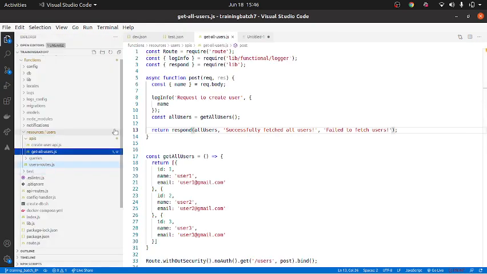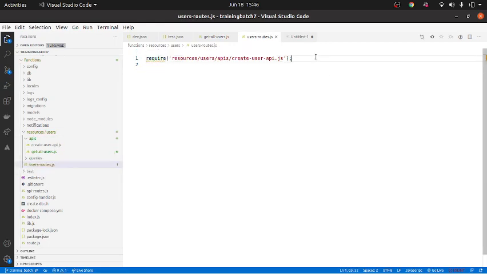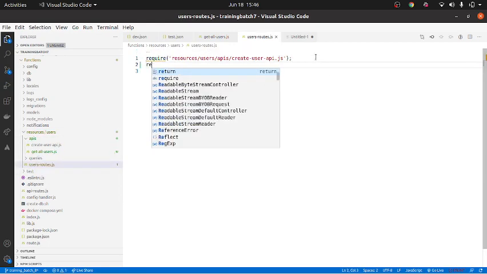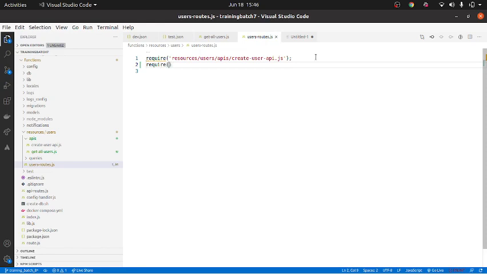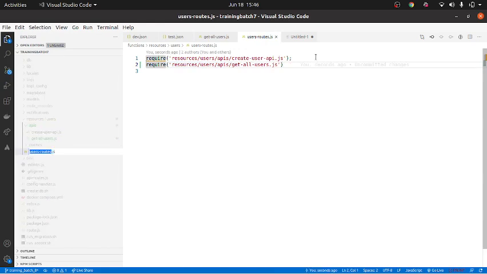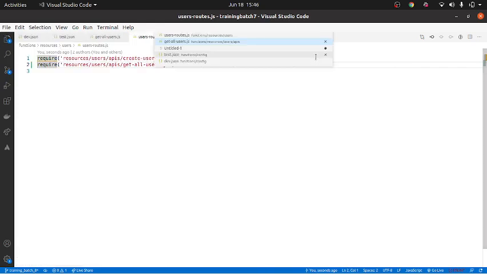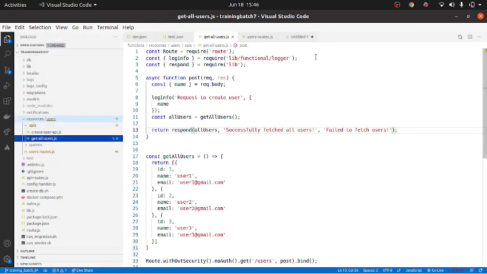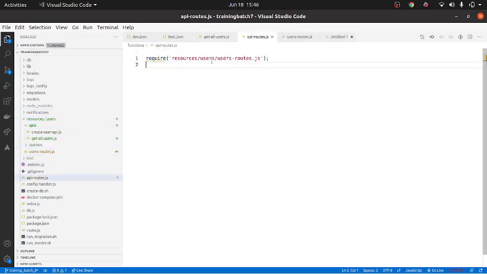So I will get the path of the file, user routes, put it over here, and require this file. So I have told it to load this file, and also this user route. I have included that user route in a file called API route.